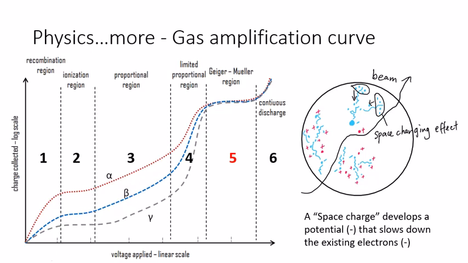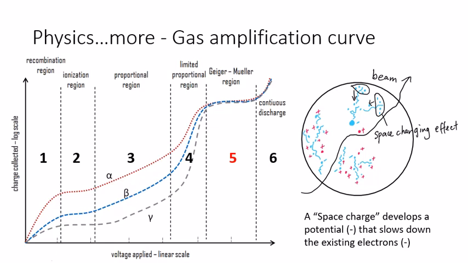Limited proportional region is not useful in clinic. But if we keep increasing the voltage, we will enter a clinically useful region, which is called Geiger Mueller region, right here. So what happens in the Geiger Mueller region is as the voltage keeps increasing, there are more and